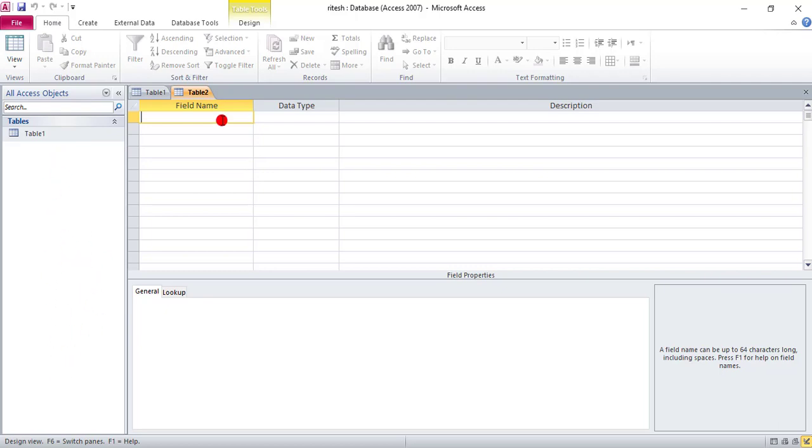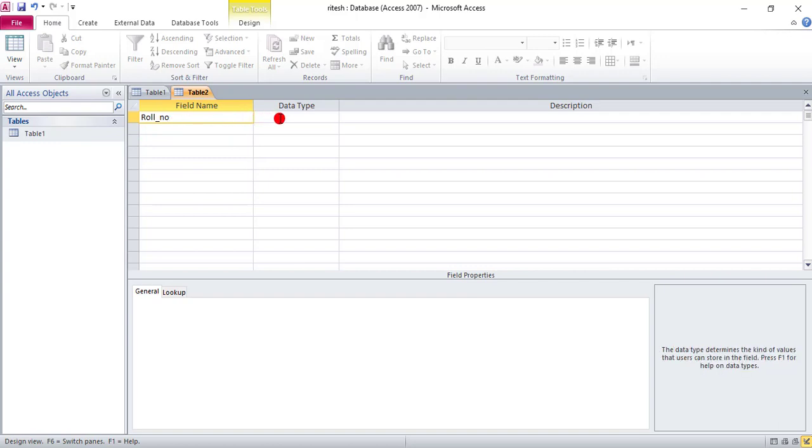In MS Access, if you have to create a table, first of all you have to write the field names. Like if we are talking about a student table, I have to write roll number, name, class, section here, and I have to choose the data types. Now what are data types? Data types decide which type of data you want to write in your particular field. First of all, here I am writing roll number. Okay, don't give space, you can use this underscore sign, and don't use the dot sign, multiply sign also.